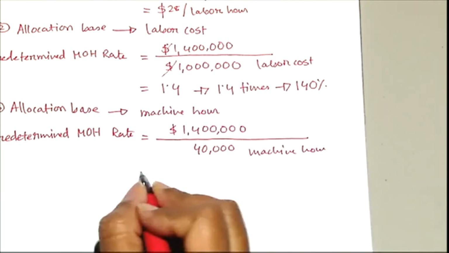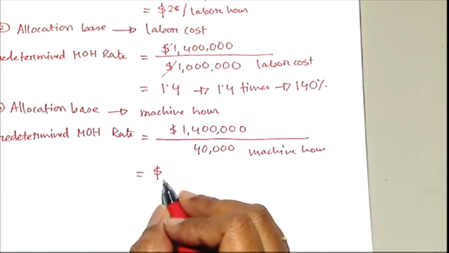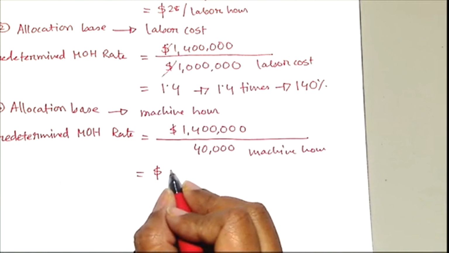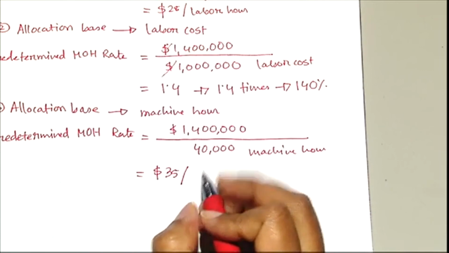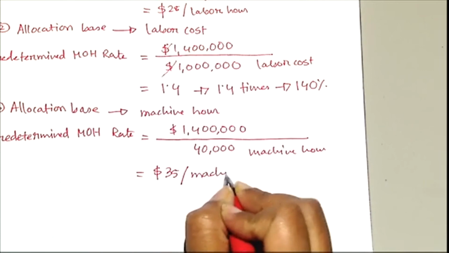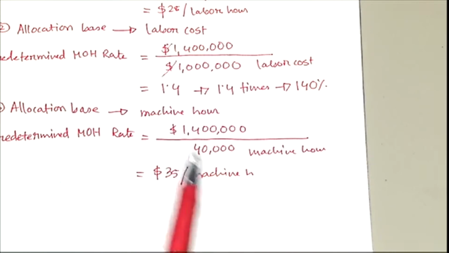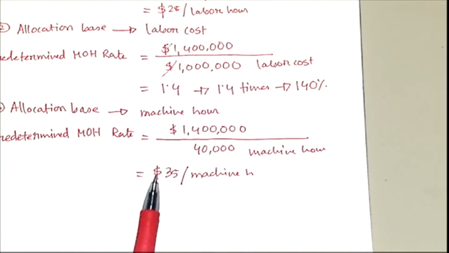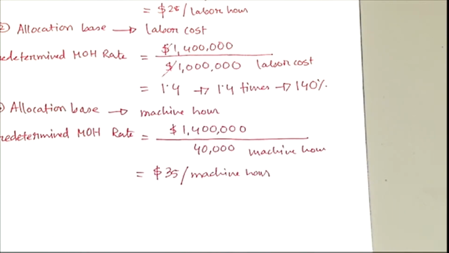And this is how you will get your rate. Again, here is only a $ sign. This is hour. So now we will figure it out, which is how much? $35. So $35 per machine hour. This time we have hour in our denominator, dollar in our numerator. So we will express it like this: $35 per machine hour. That means if your machine runs for 1 hour, your overhead will be $35. So this is how you can calculate your manufacturing overhead. Now we will do another